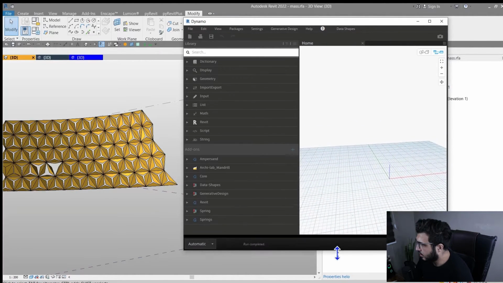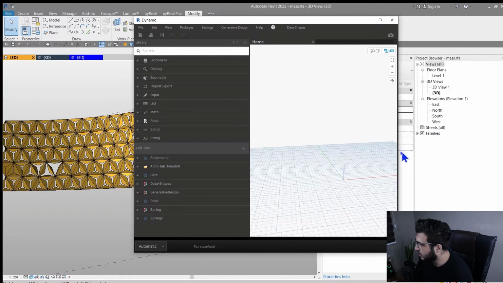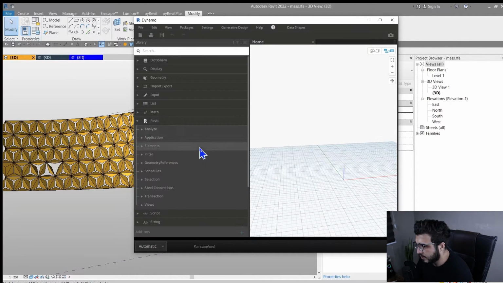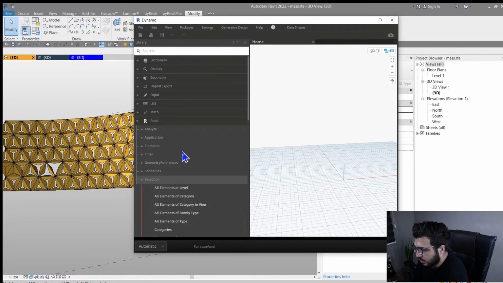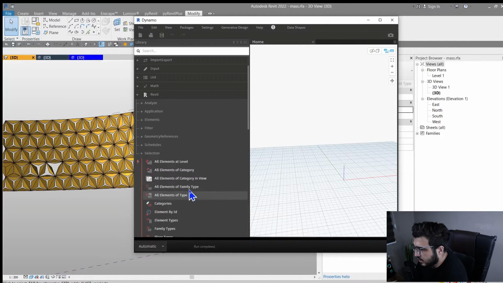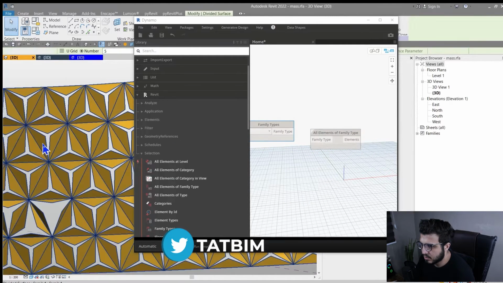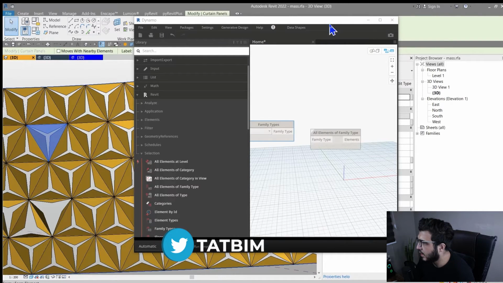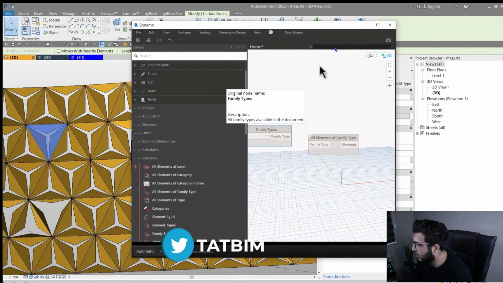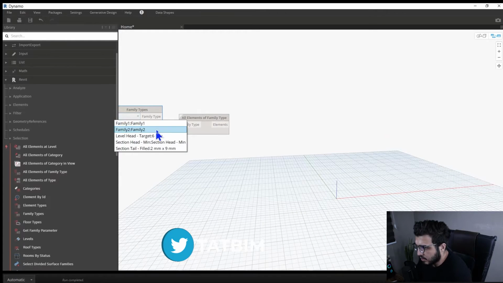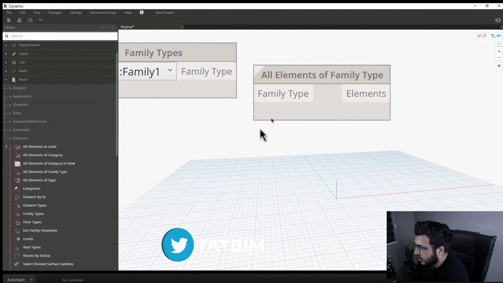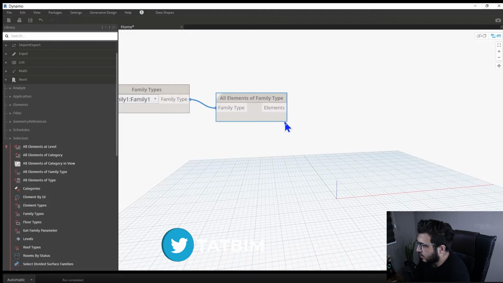Let's make our graph. First of all, we need to select all of these families. To select them, go to the Revit part, and in the selection part we need to select all elements of family type, and we need family types too. For the family type, let me select this one to see the exact family type that we have. It is Family 1, and let me put it on Family 1, and then connect this one to this, and we have